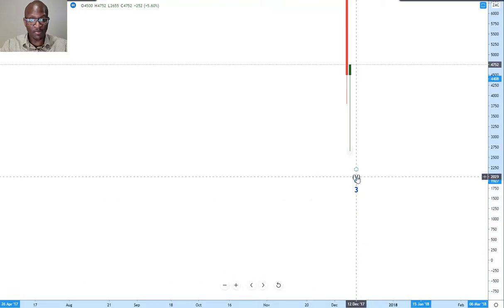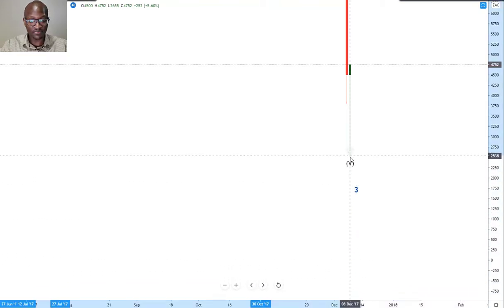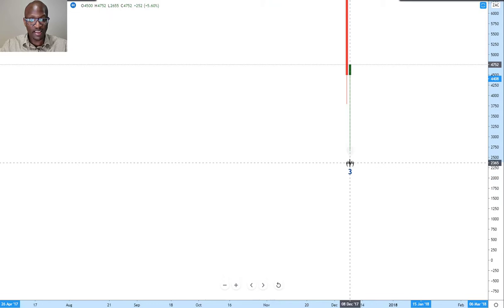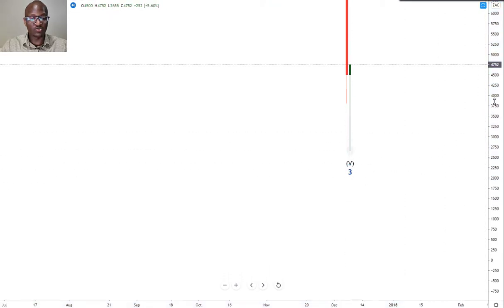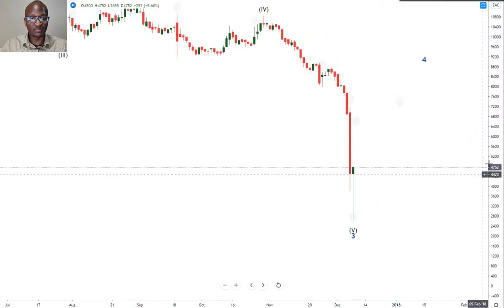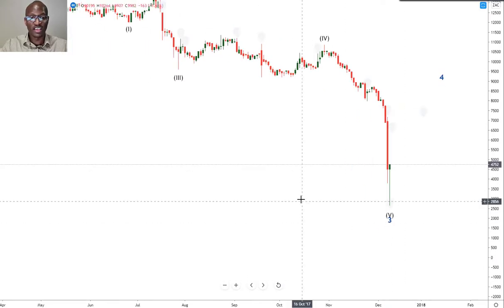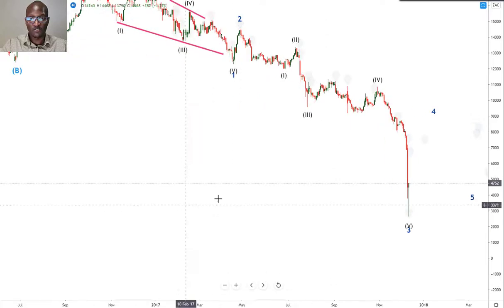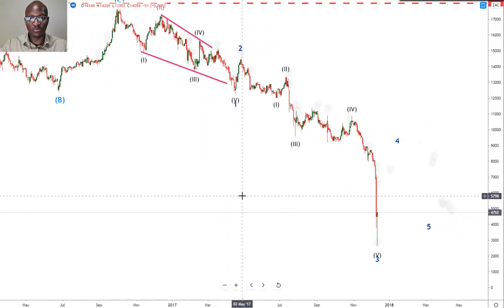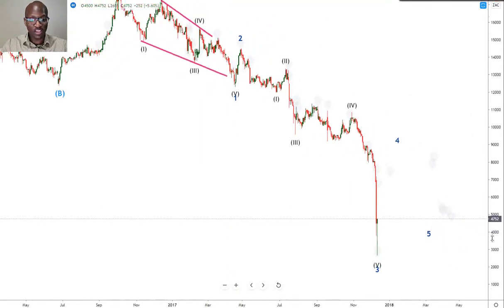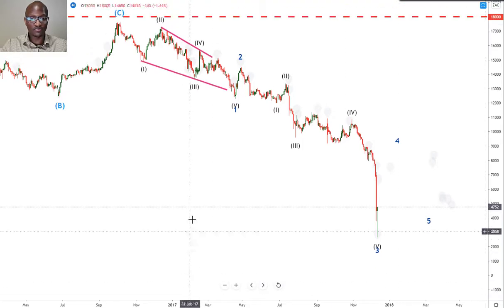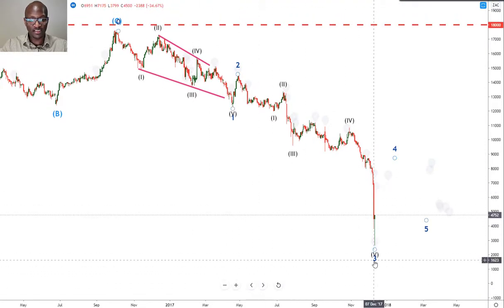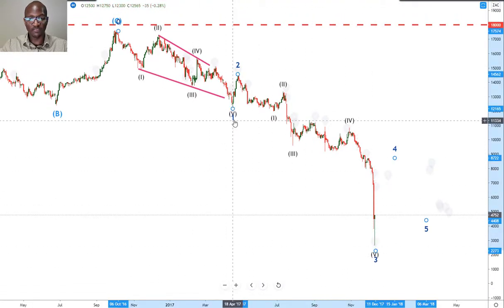So there was a lot happening at EOH, and by now the bear market was starting to build up a lot of steam, lots and lots of bad news, and the sentiment around the company was starting to change from good to extremely bad. So just to look at where the market is now, we've completed 3 of the 5 waves.